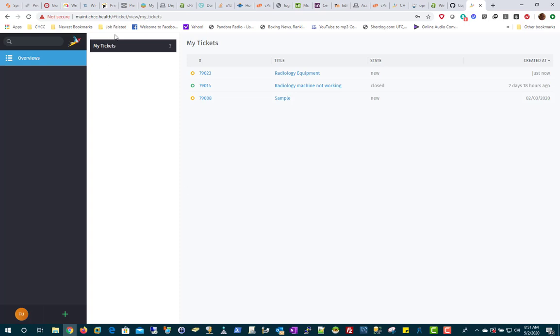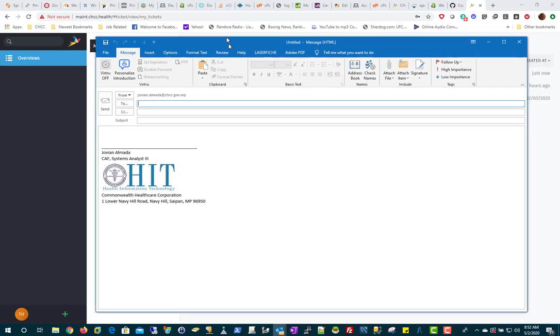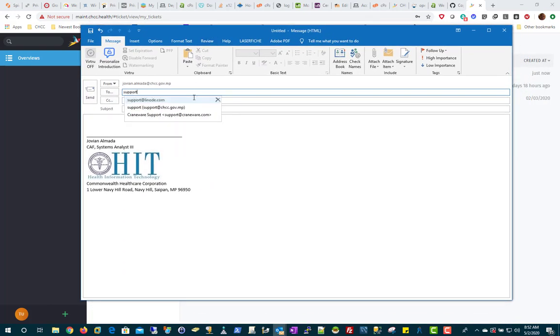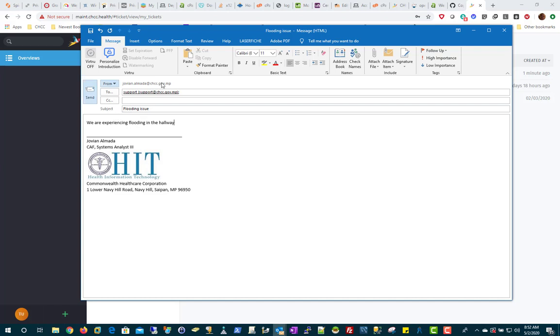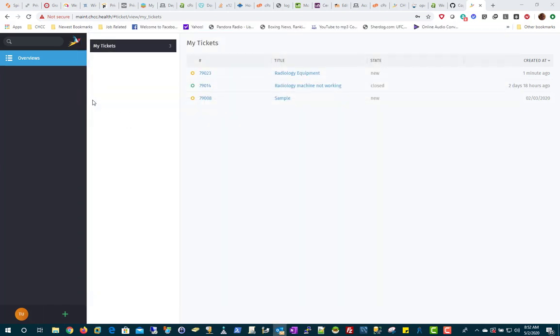One last note, actually. If you need to, you can always send an email to support@chcc.gov.mp, and that will automatically generate a ticket. And I can show that process. So in your new email, you'll just create one for support@chcc.gov.mp, and then you could say flooding issue. Okay, and you've got flooding in the hallway. I'll go ahead and send that out